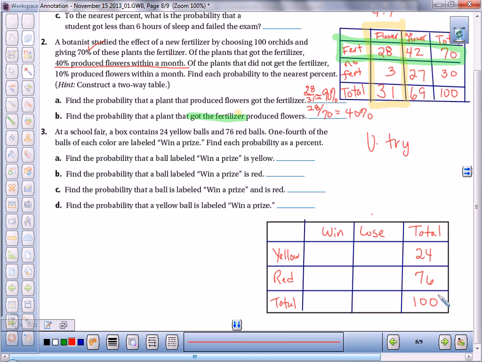Oh my god. Look at that percentage. I got it. Oh wait, I didn't answer the question. That's the point of it. Not really, no. Yellow ball goes to the label win. Okay, Miss Will, I'm done. I'm almost done. Alright,